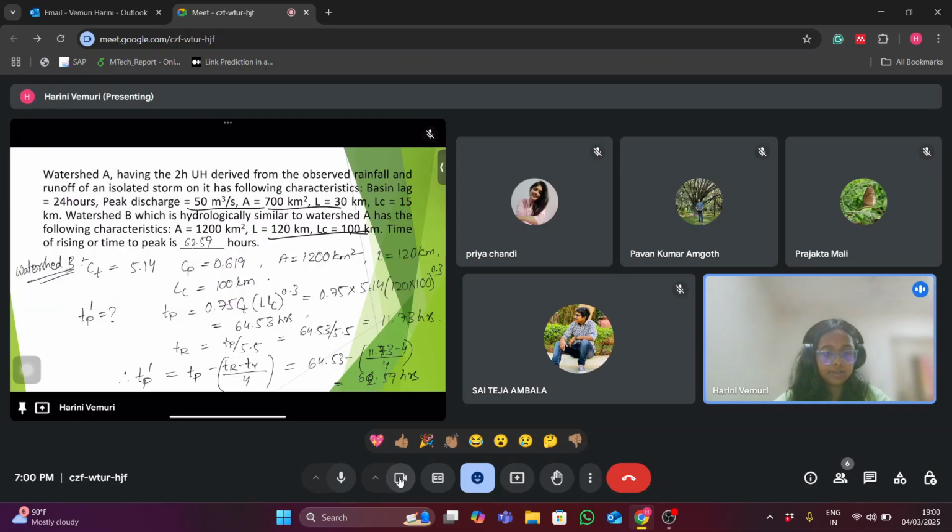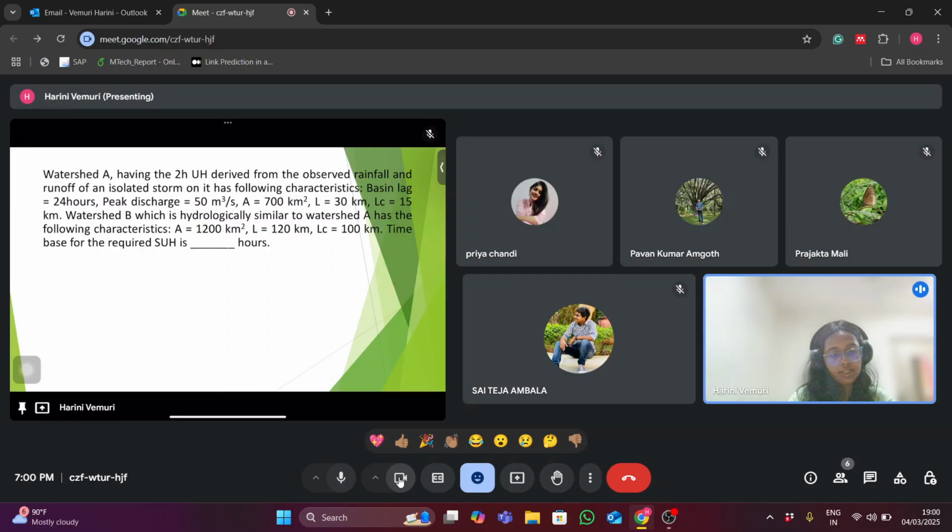0.59 hours is the answer. Okay. The next question is also similar. Watershed A has the basin characteristics they have given, and watershed B is similar to watershed A, and a few of the basin characteristics are given, and they are asking us to find the time base. Okay, so CT is 5.14